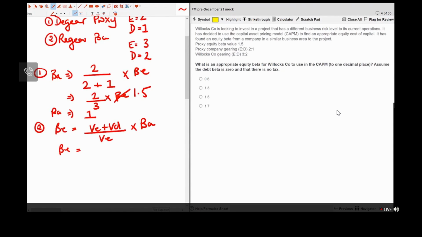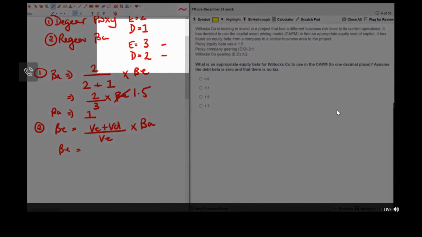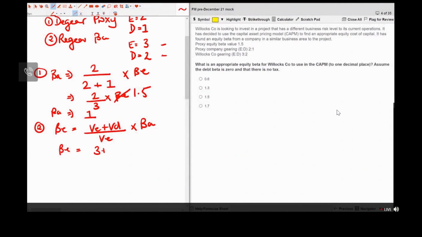Now to find beta E, we're going to look at Willox company gearing, which is here, 3 to 2. So it's 3 plus 2 over 3 times the 1 which we got from proxy beta A. So 5 over 3 times 1 is 1.66 recurring. And we've been asked to put it to 1 decimal place, so be careful, it needs to go to 1.7. And there we have it. We have the answer there,